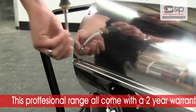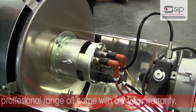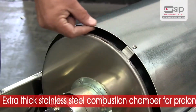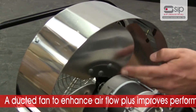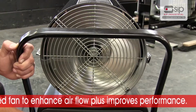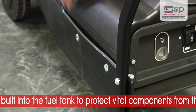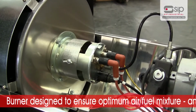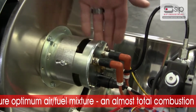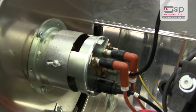The Professional Fireball Diesel Paraffin Space Heater range all come with a 2-year warranty and feature an extra thick stainless steel combustion chamber for prolonged life, a ducted fan to enhance airflow plus improve performance, an easily accessible rear-facing sealed control panel built into the fuel tank to protect vital components from the elements, a burner designed to ensure an optimum air-fuel mixture resulting in an almost total combustion with a low carbon monoxide level,